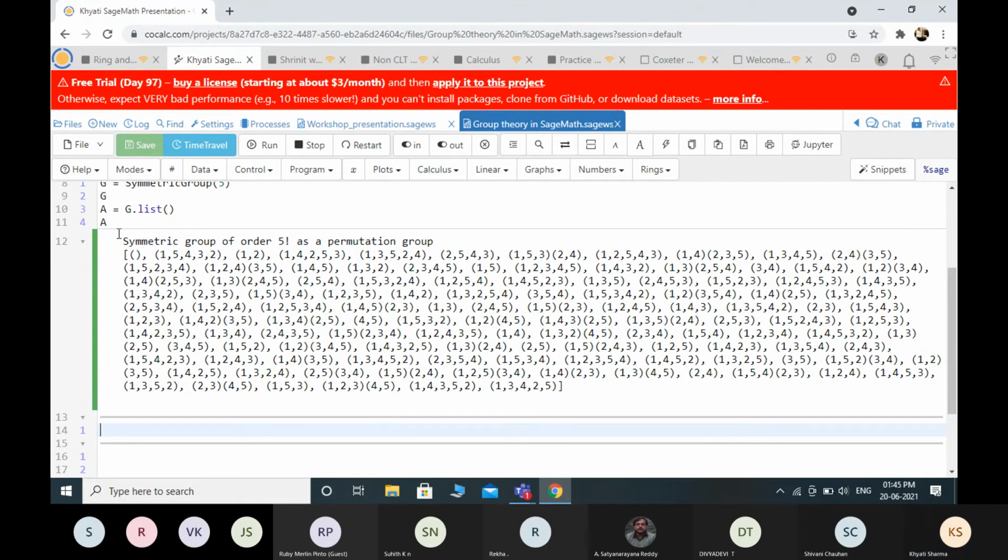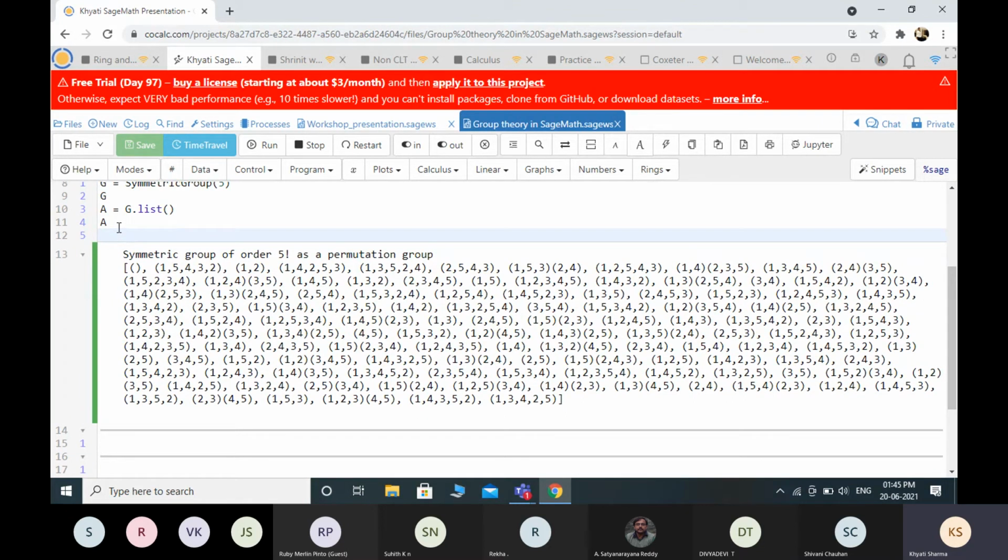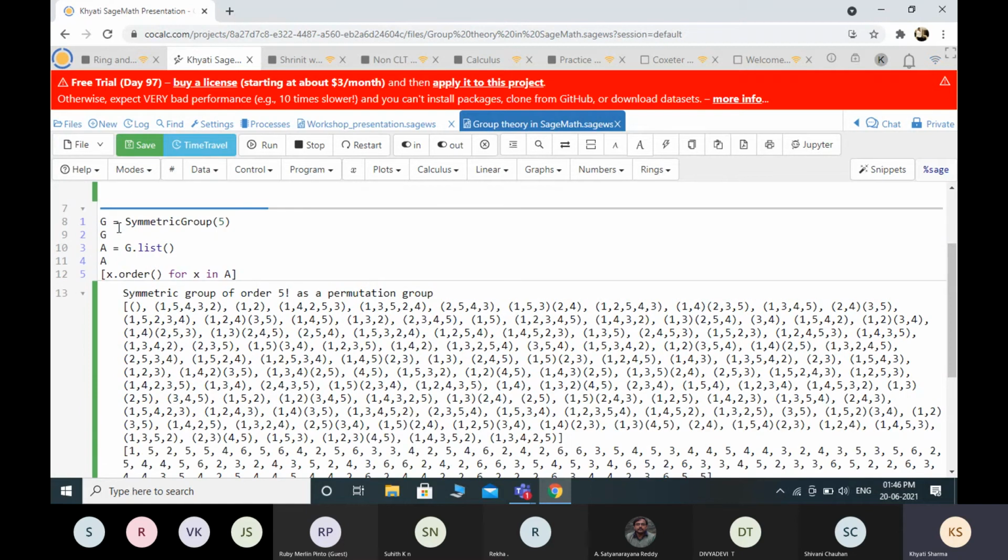If we want to find the order of all the elements of this group, we can define it this way: X dot order for X in A. What is the order of elements in this list?